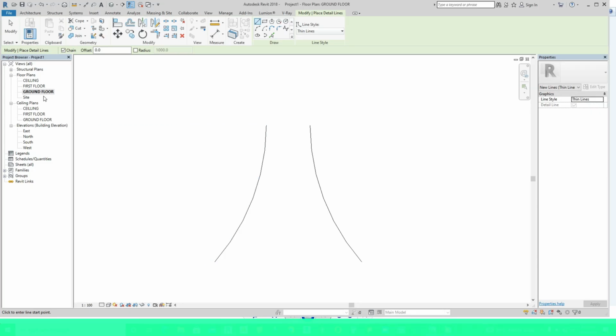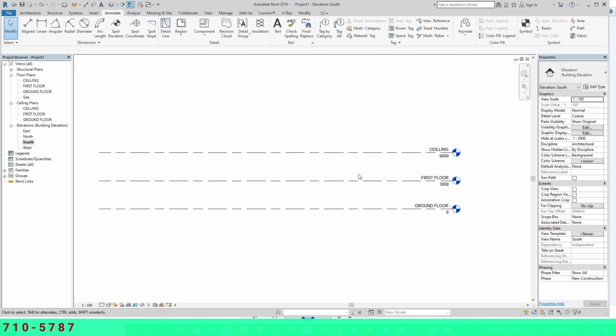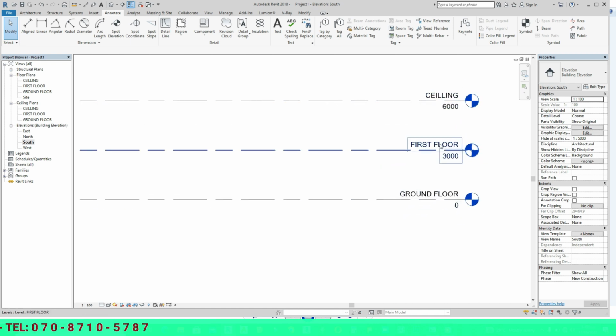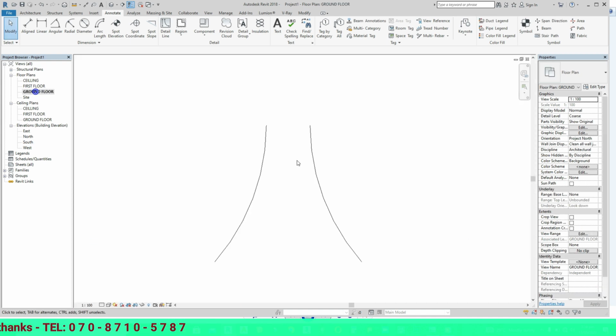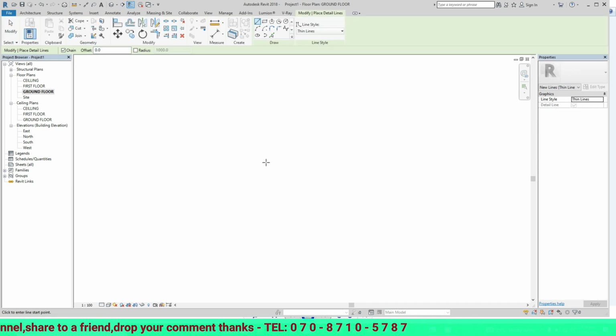Open your Revit, check your elevation. After you finish setting your levels, this is my ground floor, first floor, ceiling level. You go back to your ground floor. Now we are going to make use of detail line to create our reference. How can we do that? Go to annotation, pick your detail line,